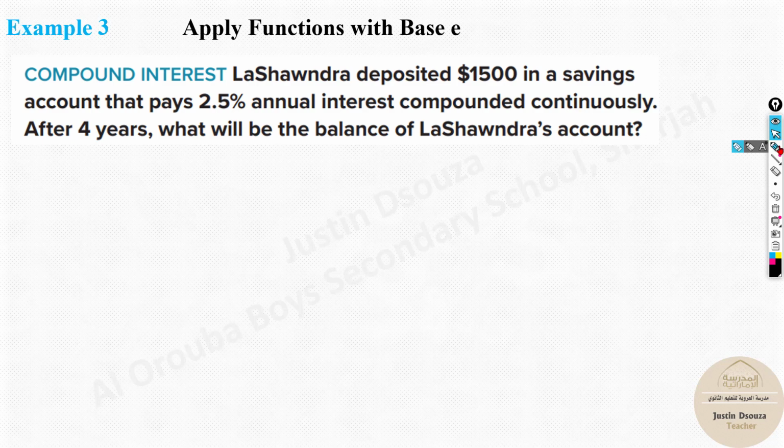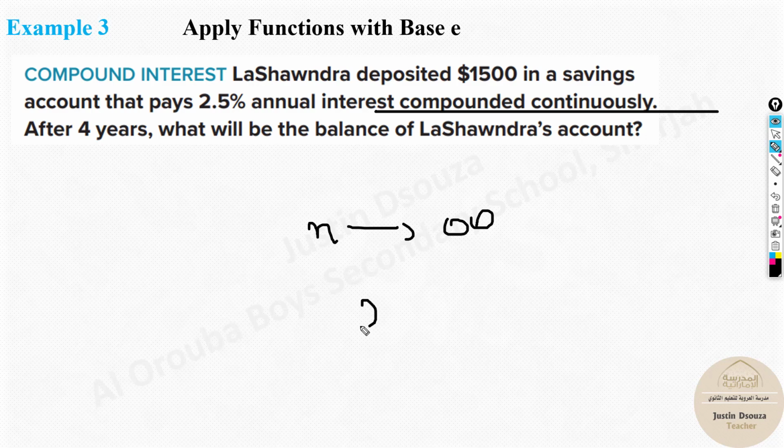See, now this is very, very important. When it's compounded continuously, that means each and every second your interest is getting compounded. So the compounding frequency n is going towards infinity. Every now and then it's being compounded. So we saw at the beginning, no matter how much you do it, the base will be 2.718 and so on. So this is what we will do now.